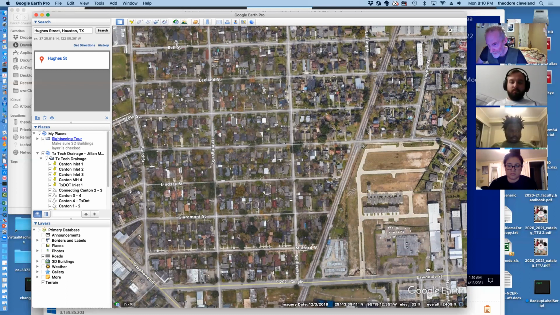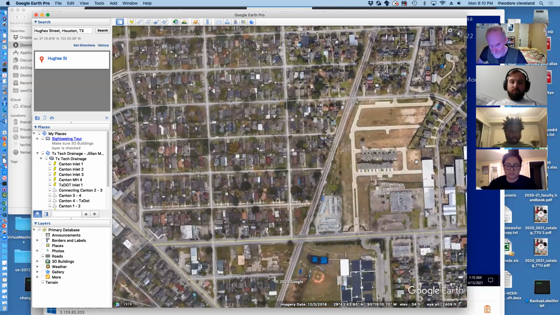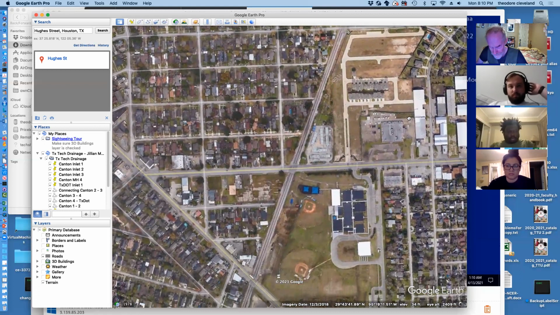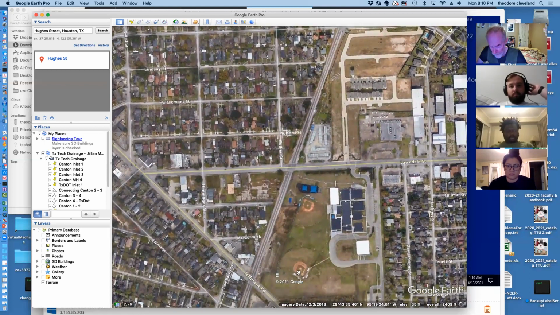Here we have, get located, the always present baseball diamonds. This is a school,